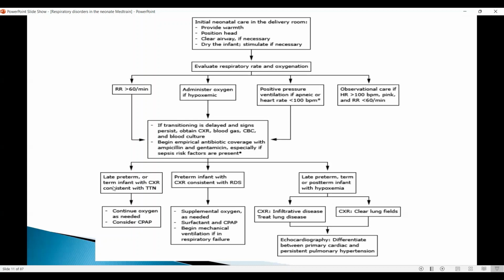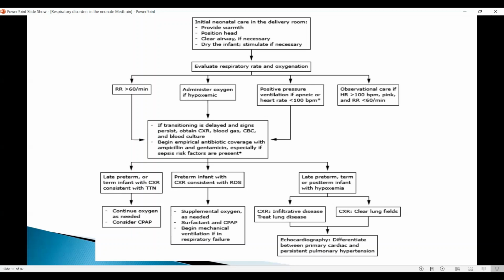If it is a late preterm or term infant and the chest X-ray is consistent with transient tachypnea, it's most likely transient tachypnea of the newborn. You continue oxygen, supportive management, and consider CPAP. If it's a preterm infant with chest X-ray consistent with RDS, you supplement oxygen. Surfactant should be considered according to the oxygen requirement and your ventilatory requirements, and begin mechanical ventilation if the blood